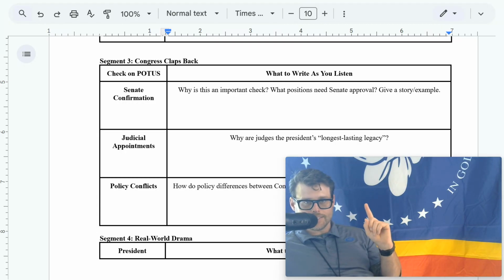President Truman tried to seize steel mills during the Korean War. The Supreme Court slapped him down in Youngstown versus Sawyer, saying, no, you can't do that. President Nixon claimed executive privilege powers in the Watergate scandal. The Supreme Court again said, nah, fam, hand over those tapes, those recorded tapes from your Oval Office. We want to find out what really went down. And if so, impeach your butt, right, and get you out.